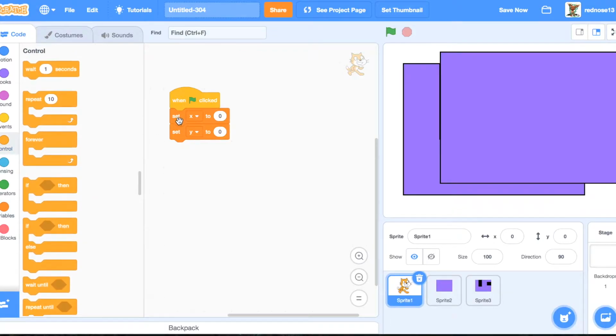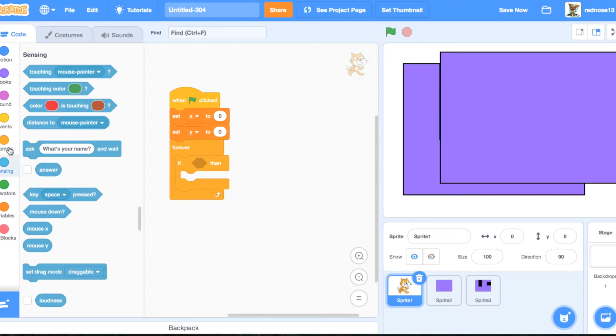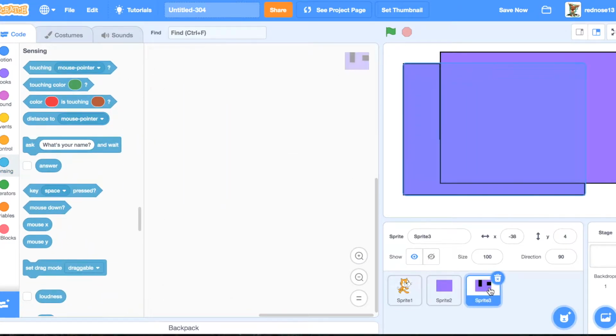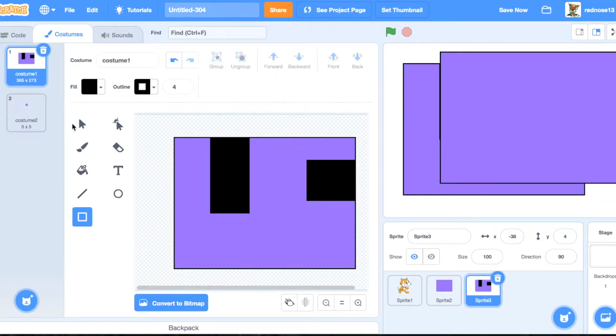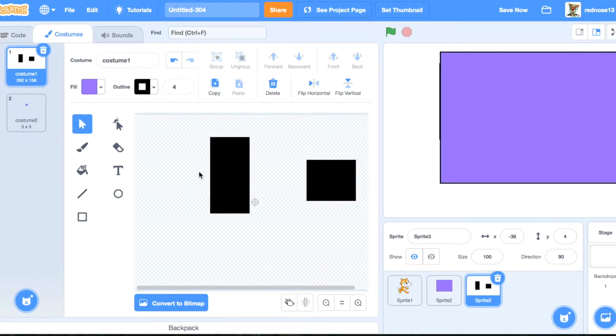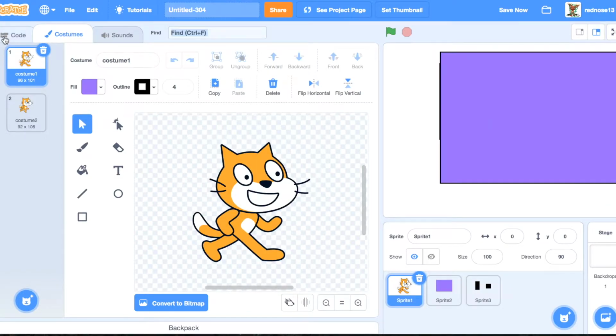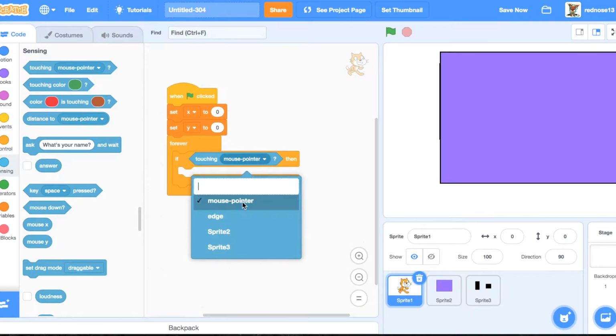And then, set them to 0. Forever, if touching sprite 3, which are the walls. Oh, but first, delete the background here of this, because these are the walls, and we don't need walls everywhere, just on where we want the walls. So now, if touching sprite 3,